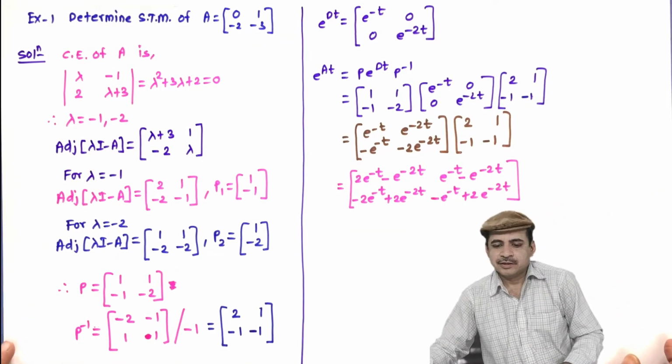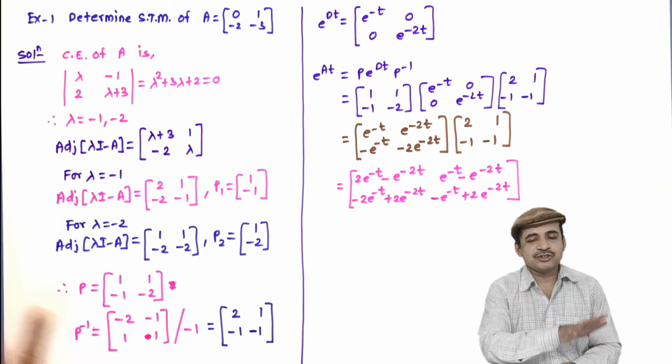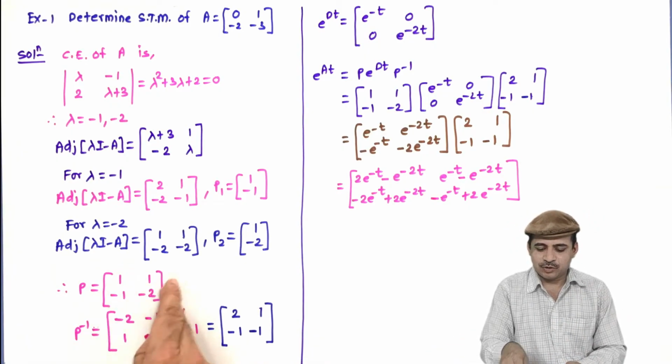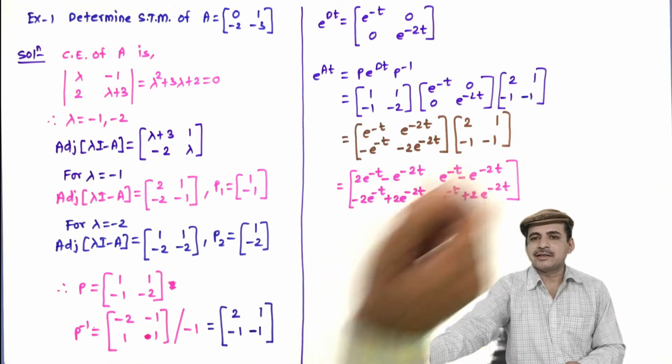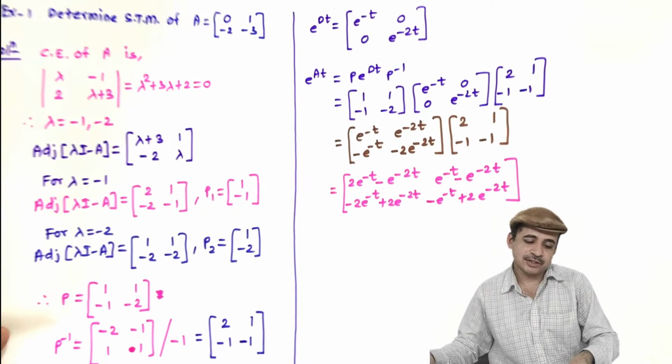And this is done. This is the same as the earlier two cases. So do the calculations very carefully. We have just seen that a minor mistake in taking the numbers can give you a completely wrong answer. So solve the problem very carefully. Let us solve the second example.